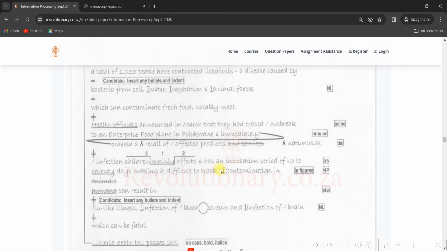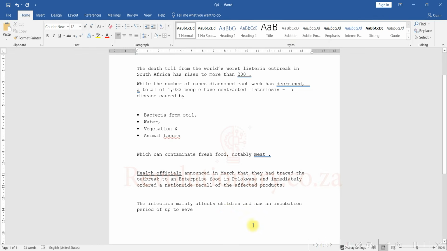So it works like that, line by line. So let's do that. Our 70 should be in figures instead of in words. So let's go forth and correct that. Instead of writing it in words, let's type 70 like this, because as you can see, it should be in figures. Right, 70 days, making it